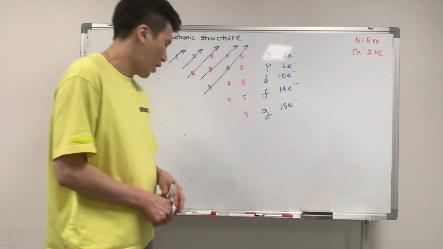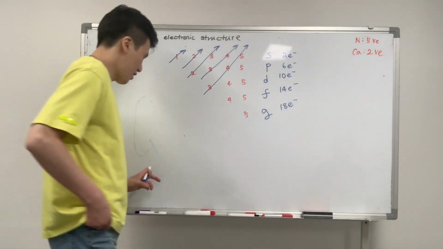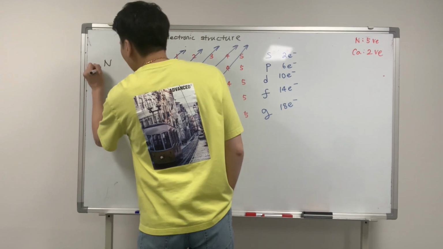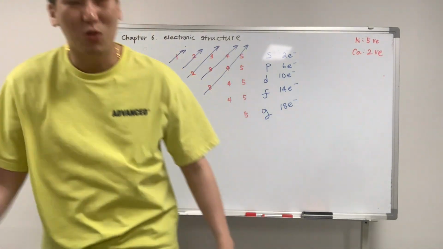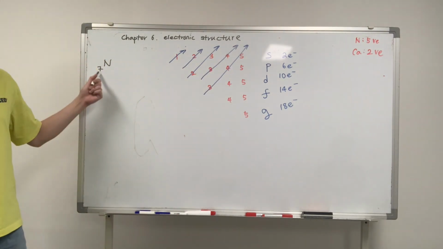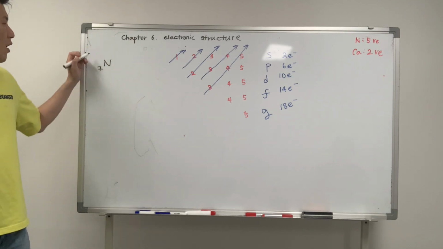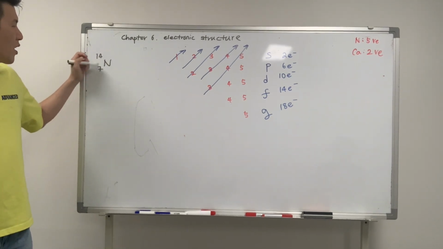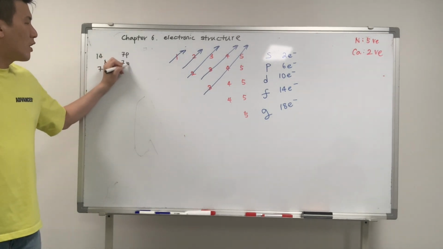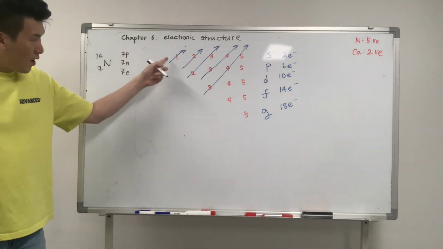Please. 내가 하나 보여줄게. For nitrogen, Haley, what's the atomic number? 7. 야, 이거 틀리면 쌤 진짜 너무 실망할 것 같아요. How many electrons does it have? 7, right? So if you look at the periodic table, that's 14, 7, and that means we have 7 protons, 7 neutrons, 7 electrons. Right, so we fill this in.